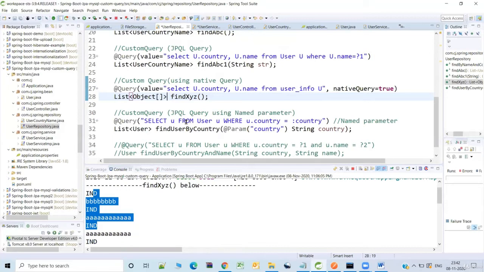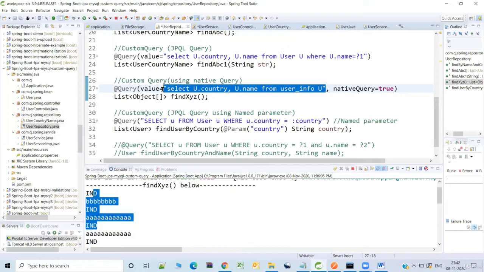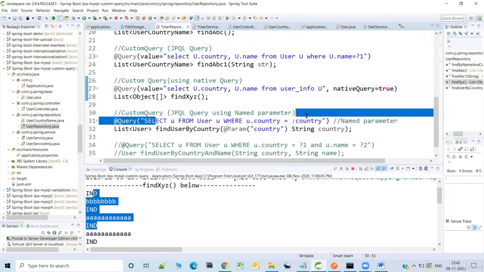Let it be PostgreSQL or Oracle or MySQL, your JPQL query remains the same. But in a native query, there is a chance that you need to change it. So due to portability reasons, it is highly encouraged to use the JPQL query.